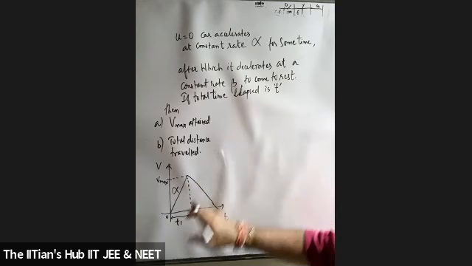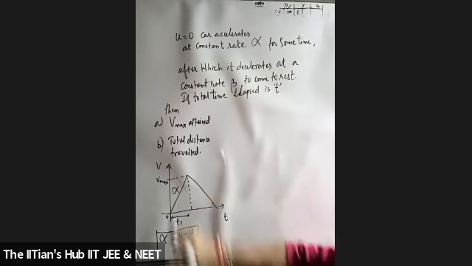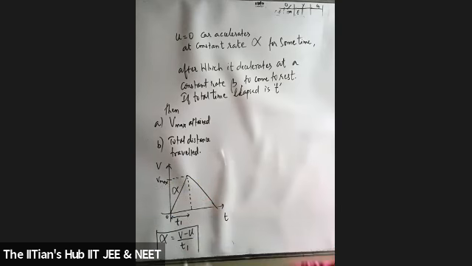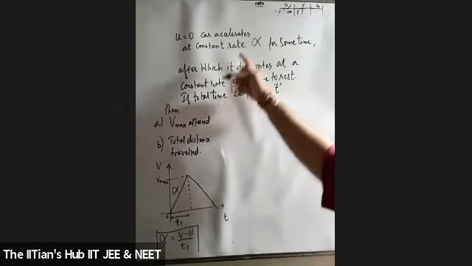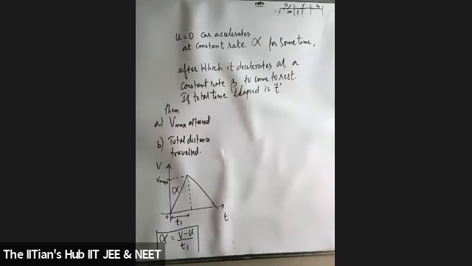So what will alpha be, students? Alpha means your final velocity is greater than the initial velocity and the time taken is t1. Is that clear to everyone? The final velocity is V, the initial velocity is U, and the time taken for this positive acceleration is t1. Look over here, very clearly the car starts from rest and initially it's getting accelerated with alpha.